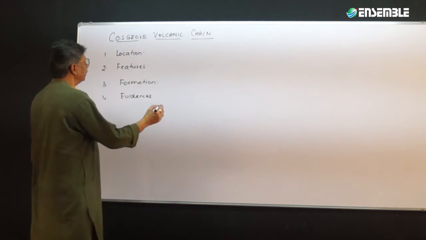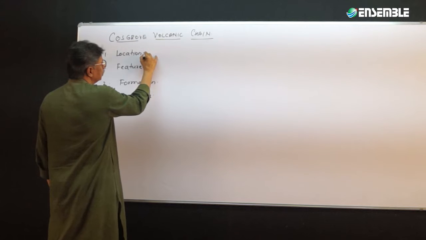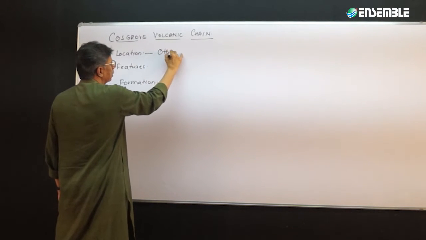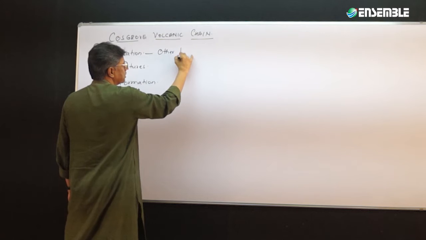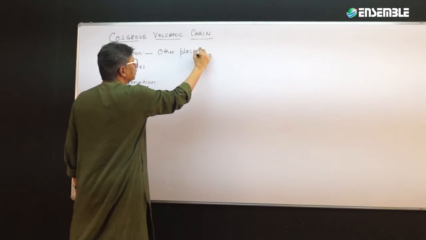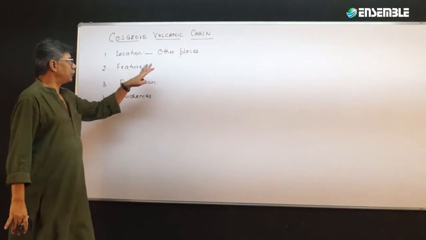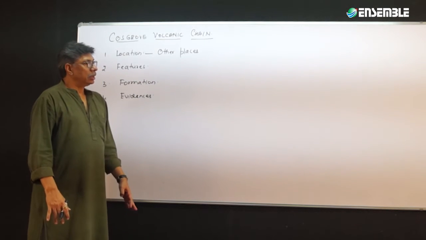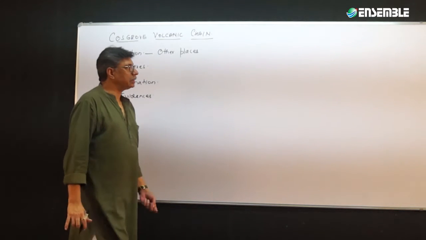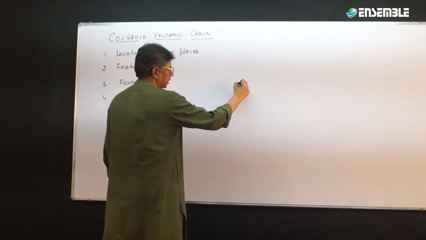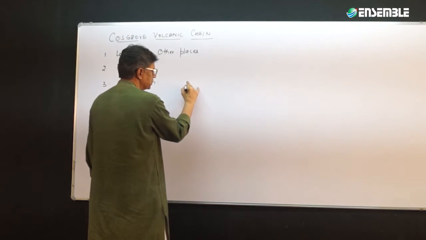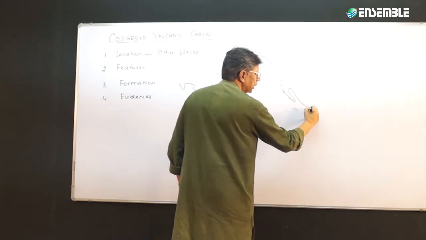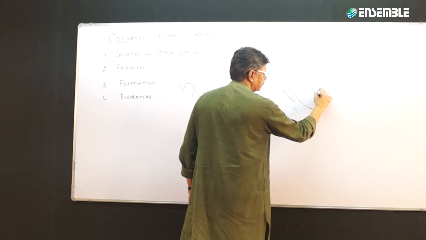Effectively, even if we begin with location, we are always going to be talking about its history and other places. That means if there is any other place where such a volcanic chain exists. It does exist, and that is in the Pacific. If we can pick up this case from now, that is in the Pacific,